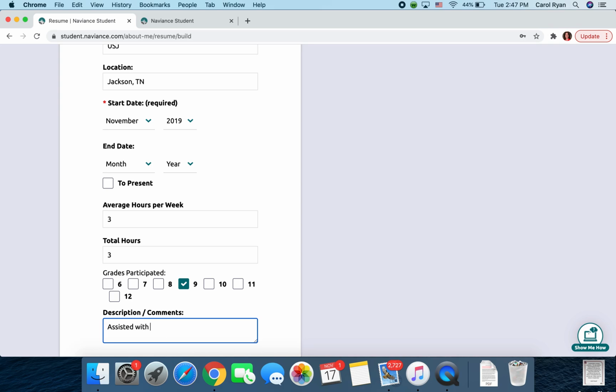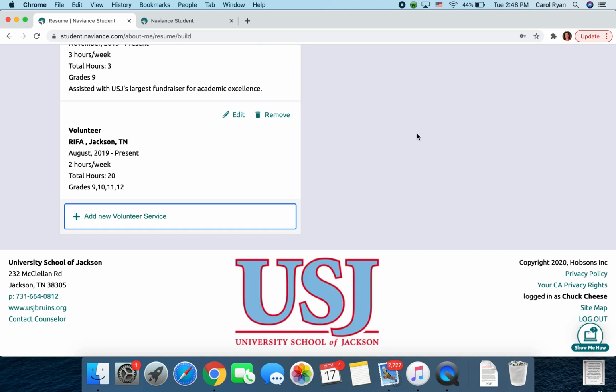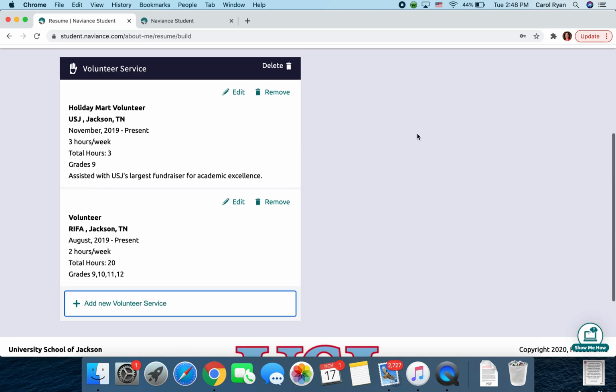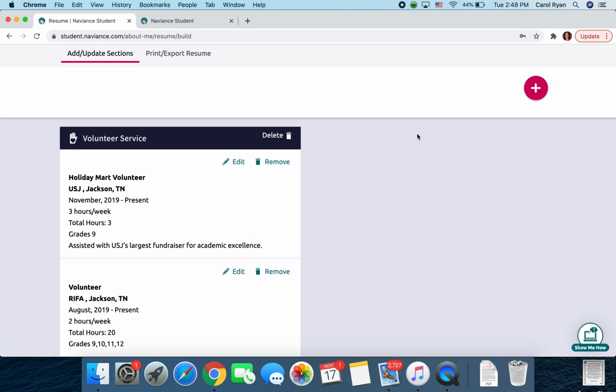Assisted with USJ's largest fundraiser for academic excellence. And then you add that, and you can see it's already formatted for you. So this is a really easy way to keep up with your service hours and to create a resume when you're a senior. I would suggest you go ahead and get your account set up so you can begin tracking